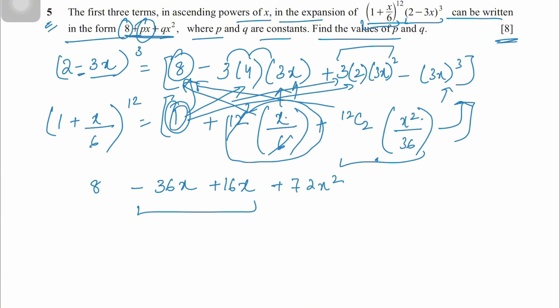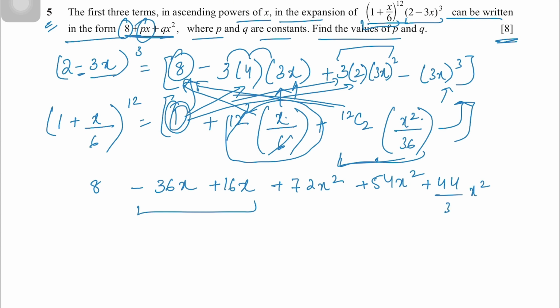And then this would be 3 squared, which is basically 9. 9 into 3 is 27. 27 into 2 is 54. So this is 54x squared. Our next would be this one. This was left. So 12c2 divided by 36 and then multiplied by 8, we get our final answer as 44 over